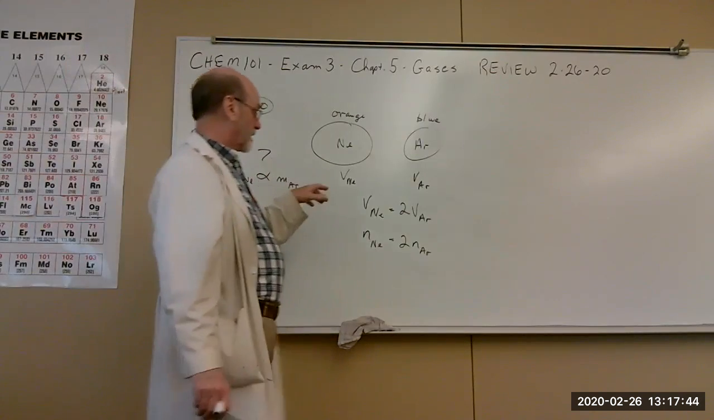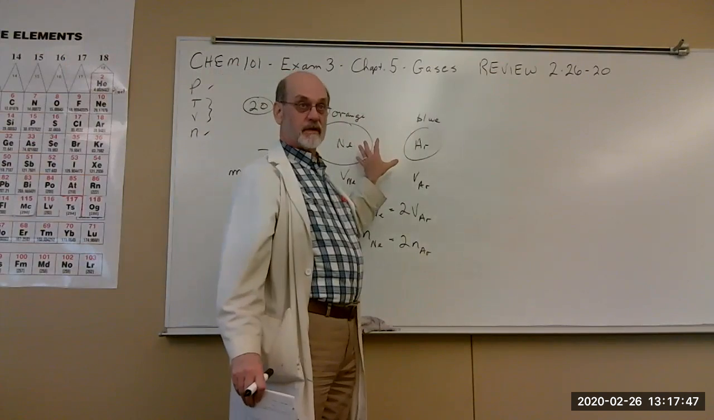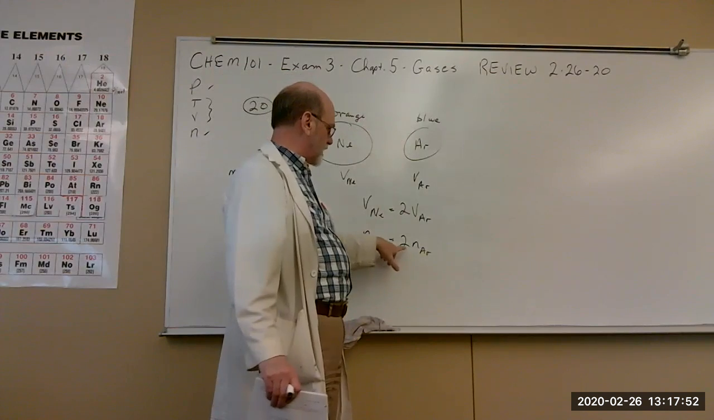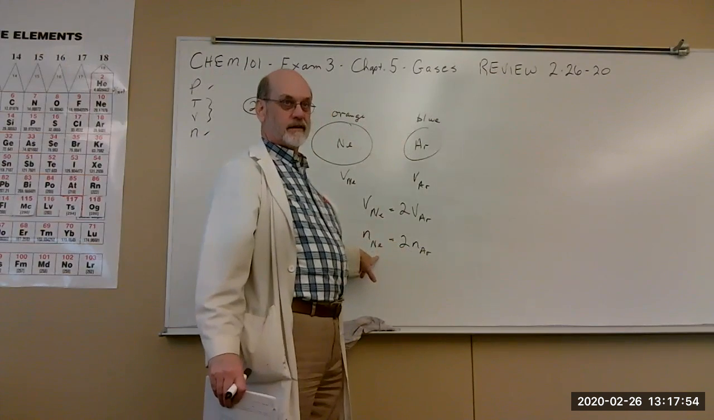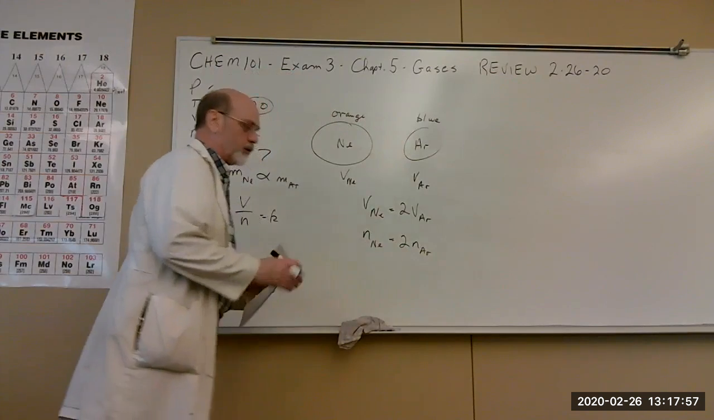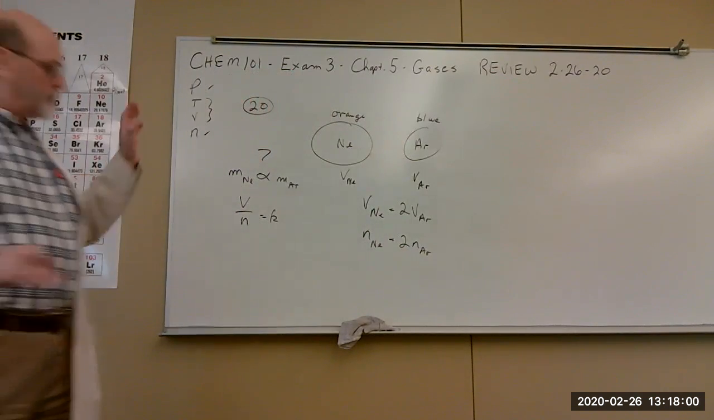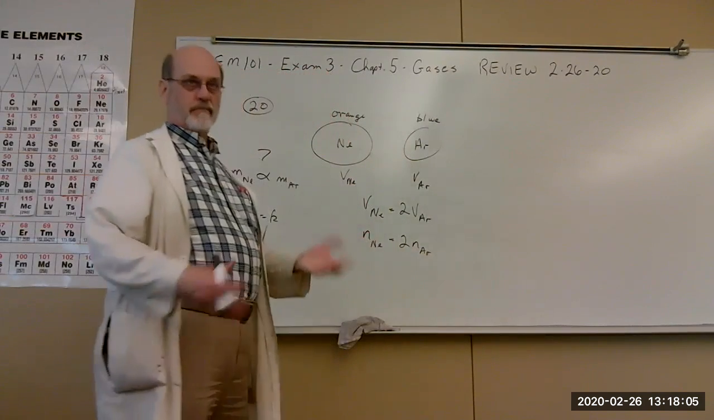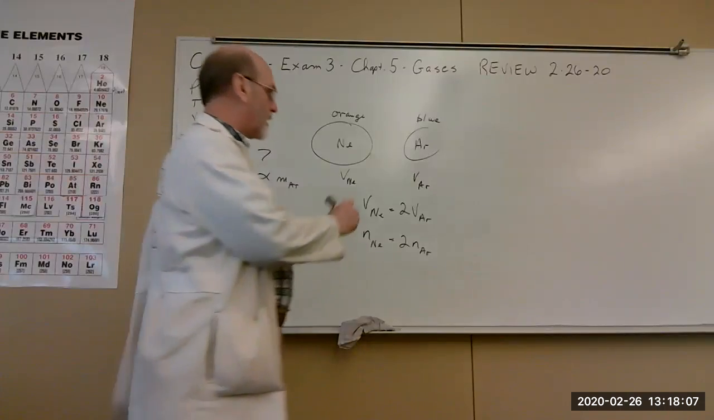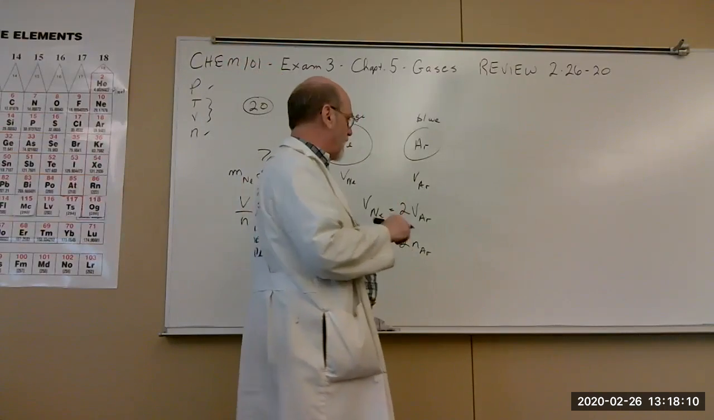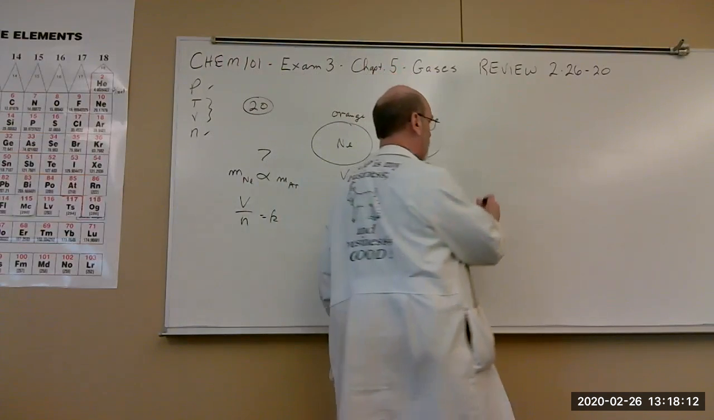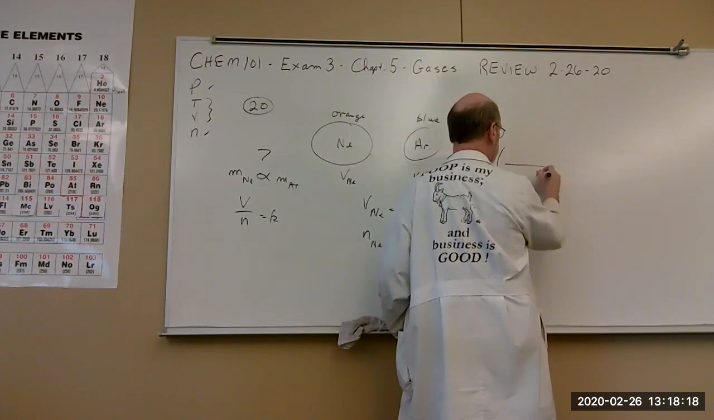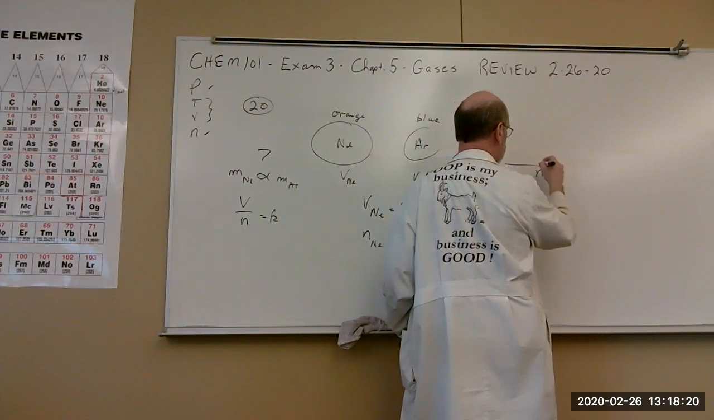Avogadro says if these were both the same volume, they would have the same number of moles. But this one's twice as big as that one, so it has to have twice the moles of the argon. Okay? So twice the moles. Now what's the ratio of masses? So how do we get mass out of moles? If you have the moles of something and you want to convert it to mass, you need